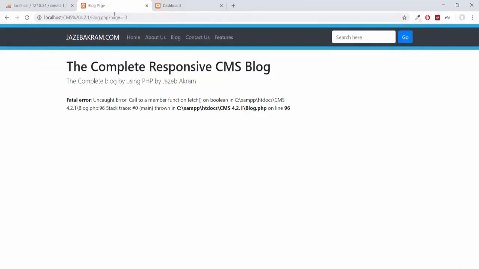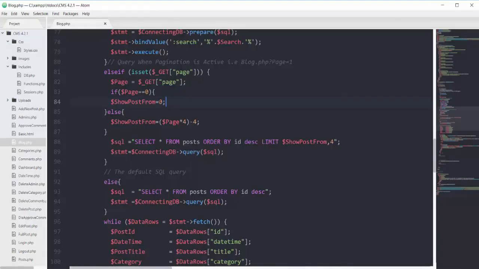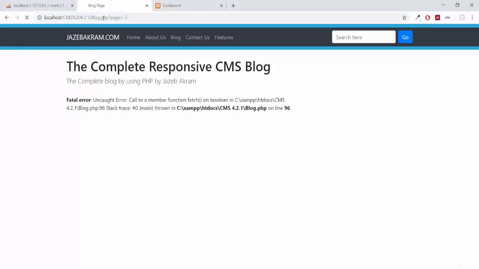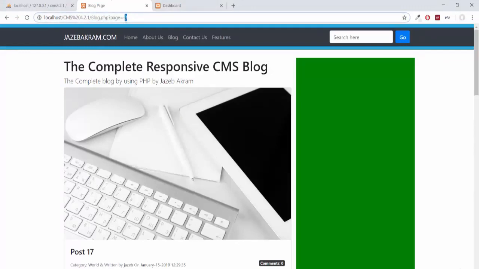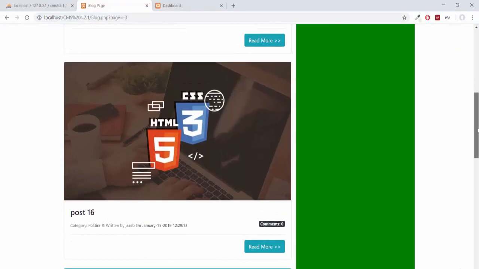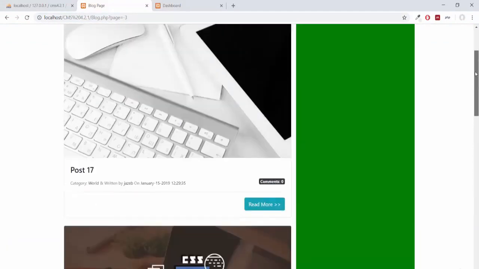So we have to make sure that this one should not be less than 1. So right in this if condition I can add the OR operator, and I can say that if my page is less than 1, then also make this show post from variable 0. See, now I give it -3 and it's fetching the posts from 0 to the next 4 index.